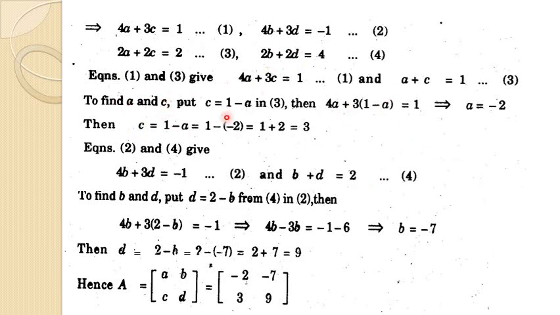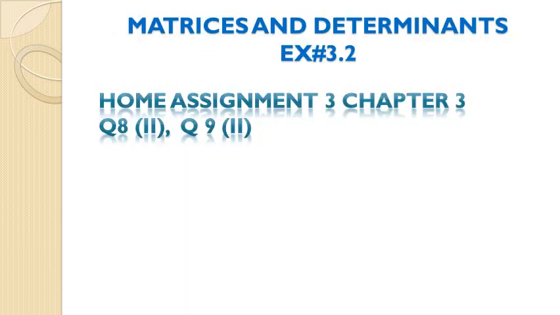These are solved simultaneously, and I have made you understand in the previous lecture how you can solve it. By the substitution method you can solve, or you can do it by the elimination method as well. It is in the matrix as well. Okay, so what is the answer? A is equal to minus 2, B is equal to minus 7, C is equal to 3, and D is equal to 9. This is the answer of matrix A.